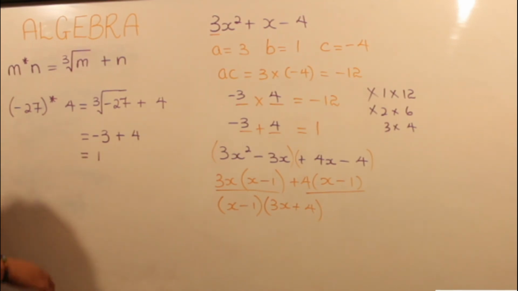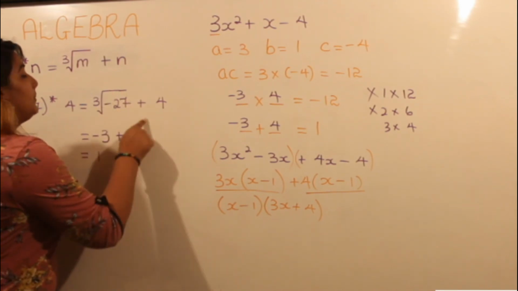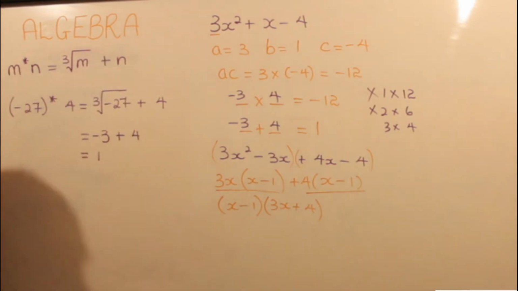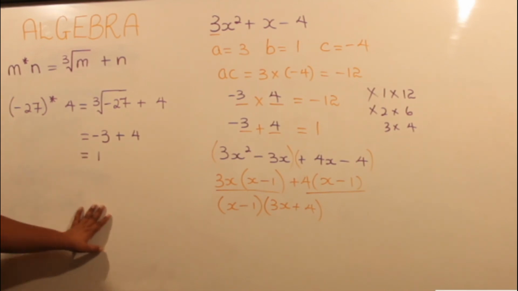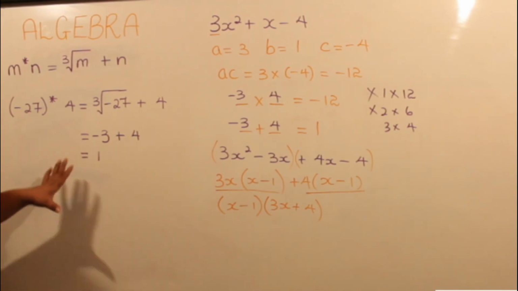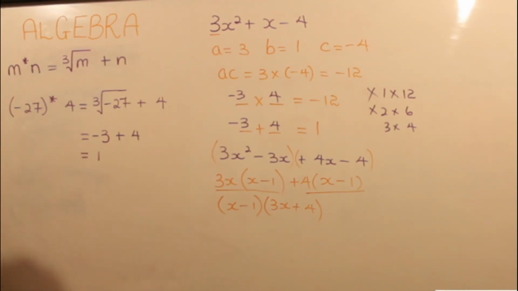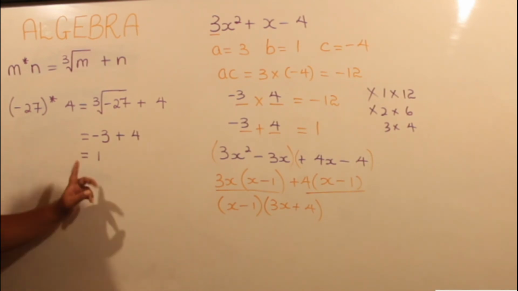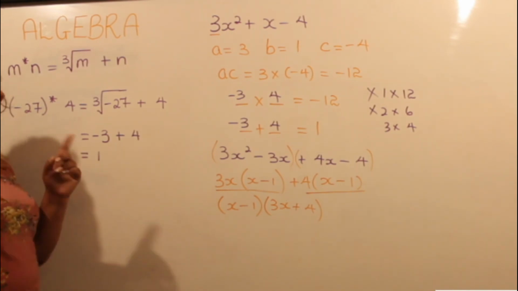Alright, so that's why I was saying you need to be so cautious as to how you write your numerical statements as well, because a little mistake by including plus 4 in the cube root would completely change what you're working out and what your final answer would be. Okay? It was fairly straightforward, and for people who like to use their calculators, once you use it really well, you would have got the correct answer. Okay? So I don't think too many people had any issues here. I know a few people I recall seeing